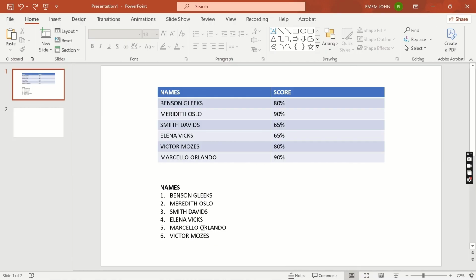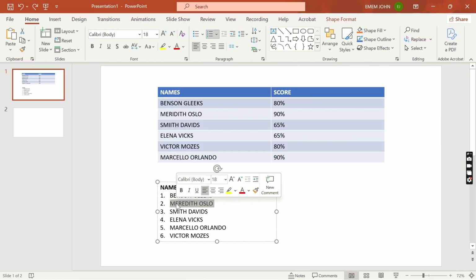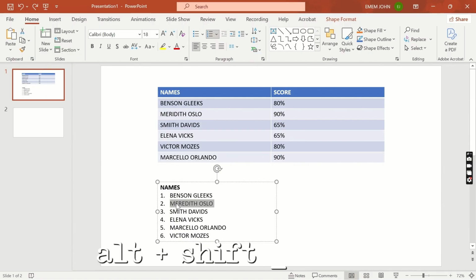The first, the highest here, is Marcello, and then Meredith. So you click on them, highlight it, and then use your Alt plus Shift key and then the arrow up to move it to the top. Easy peasy. Now the next highest is Victor,